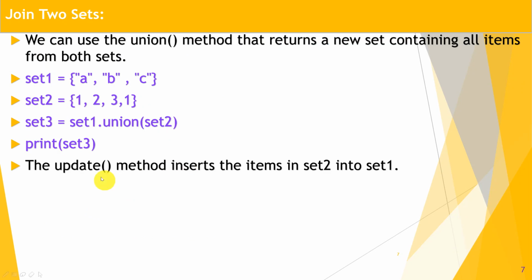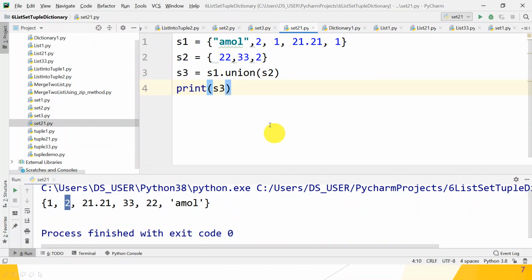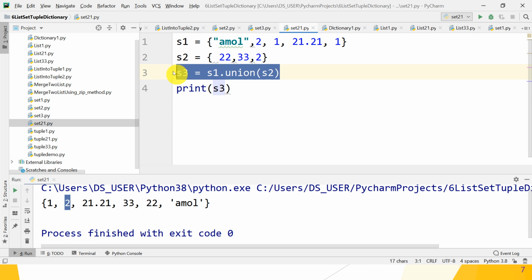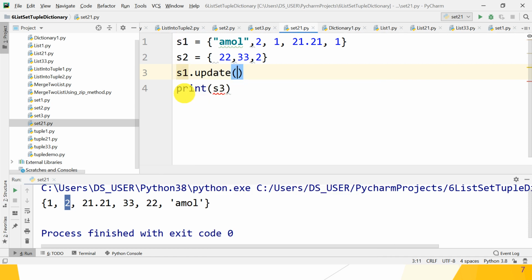Using update method also we can insert elements from one set to another. Great, we already saw that part. Okay, so let's check whether it works or not. So using update method also we can join two sets. So remove that and S1 dot update and pass S2.